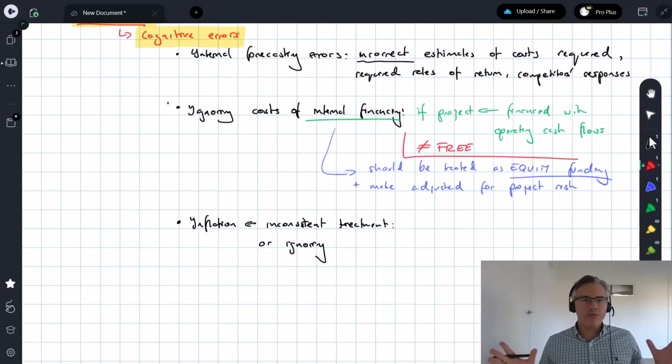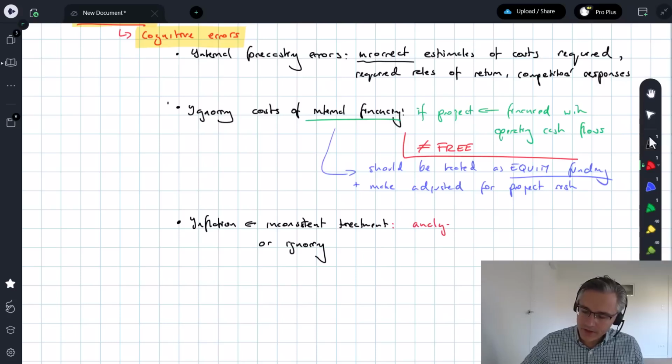As a general rule, the investment analysis can be done in two ways. Analysis may be performed in nominal terms